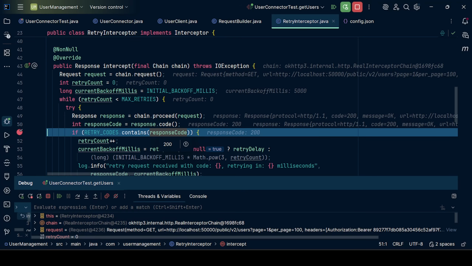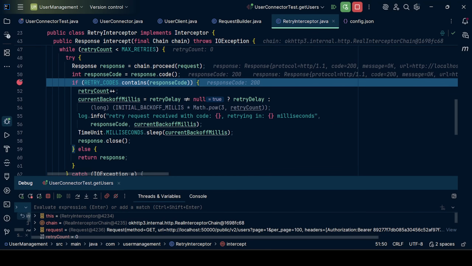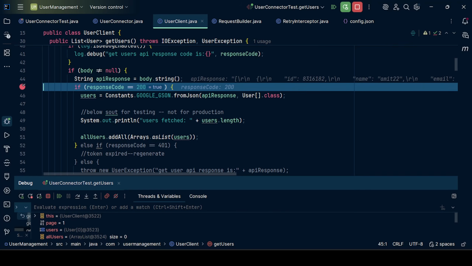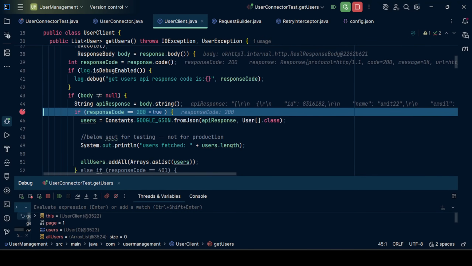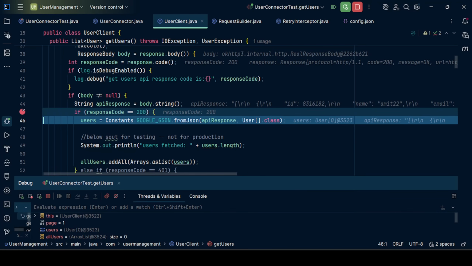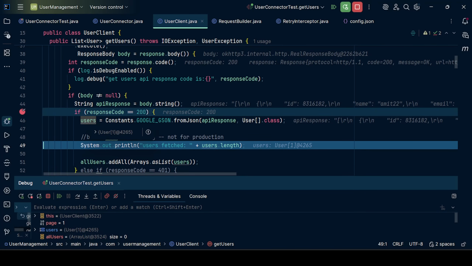Now it's 200, so it will not go into the block defined for the 4 to 9 case, where it would retry. It's 200, so it will not go over here, right? So it will come over here as part of get users. If I now press F8, we have one user coming over here,